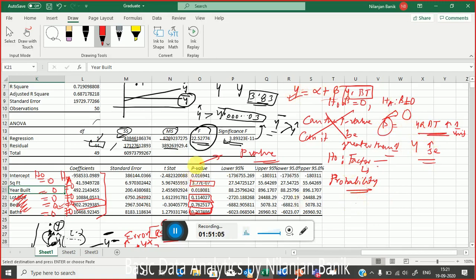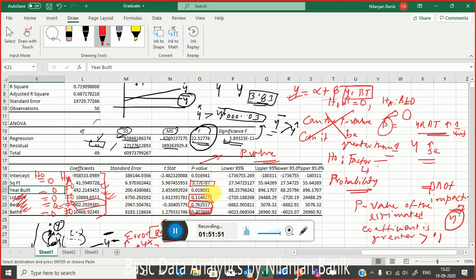So in terms of statistical analysis, if the p-value of the coefficient that I am estimating, so these are the estimated coefficients, beta 1, beta 2, beta 3, right? If the p-value of the estimated coefficient is greater than 0.1, then we say that this particular variable is not impacting y. Okay?